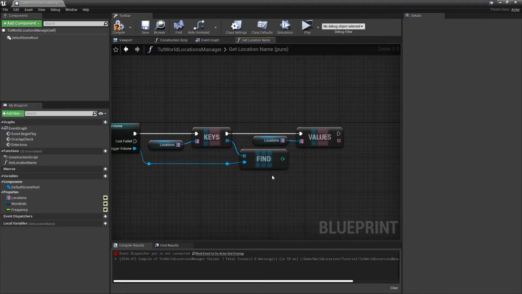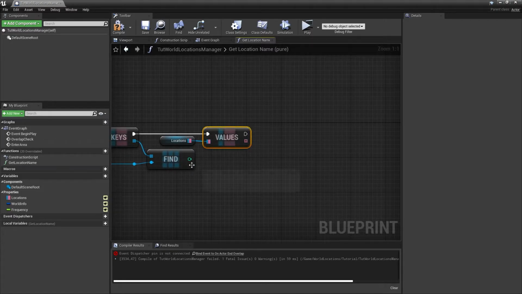We just need to find in which row it is. Is it the first, second, the last, or which one is it? Because the values are going to be in the same row as the keys are. That's why we need to find in which row this is, so then we can get this from that row. So from the values,